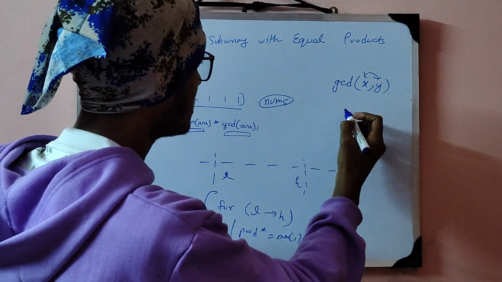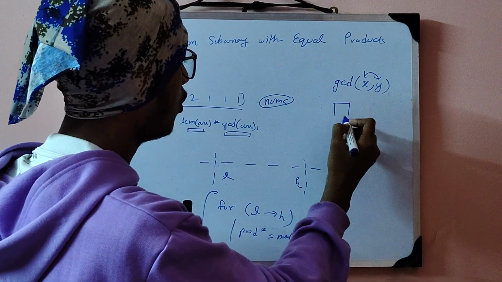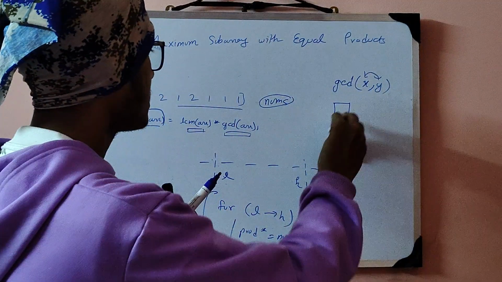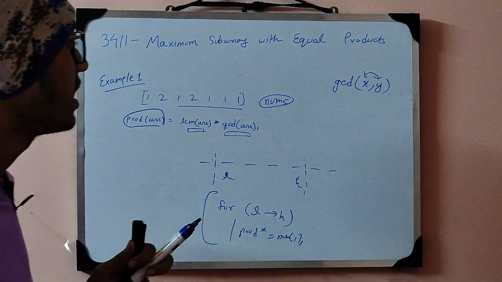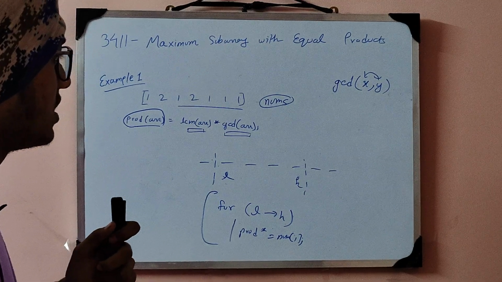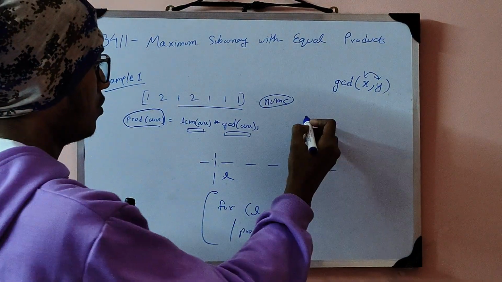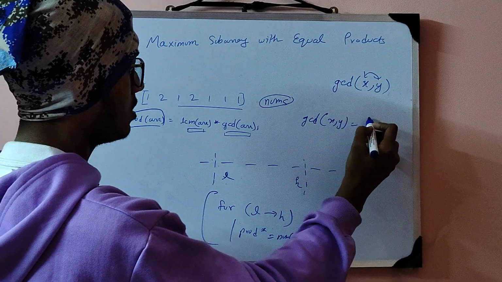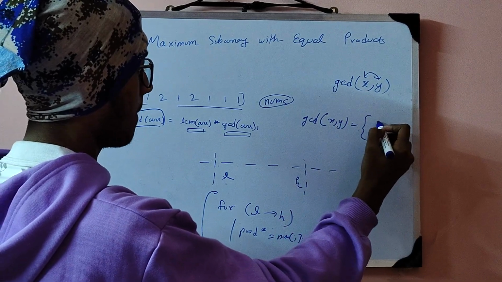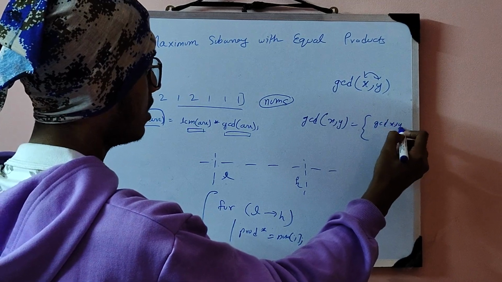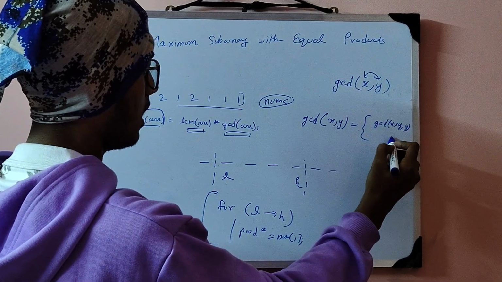It is the same as the long division method that I have shown you just now. So we can have GCD of x modulo y, and